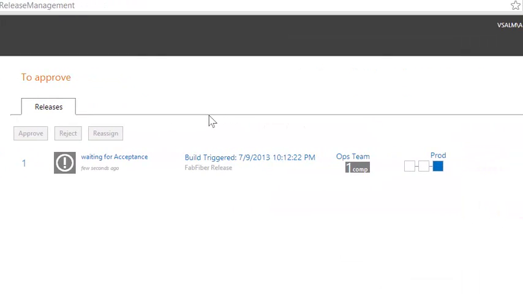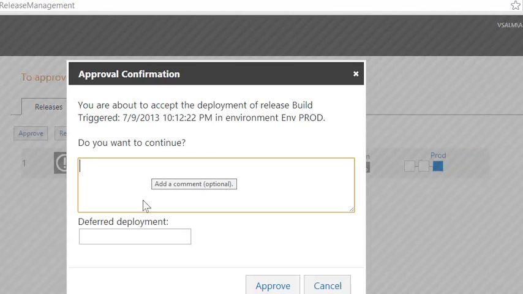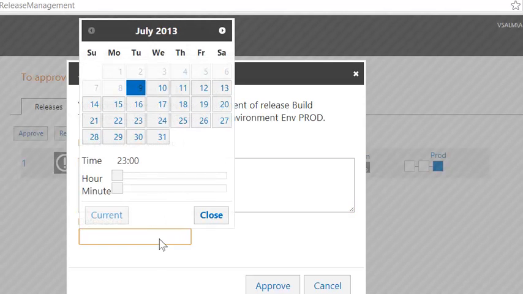Now you'll see that we're immediately waiting for acceptance in the prod stage. This is the first stage where we haven't automated the acceptance into that stage. When we hit approve, we have two choices. We can deploy immediately, or we can do a deferred deployment. If I click in deferred deployment, I can set the date and time when I want the deployment to kick